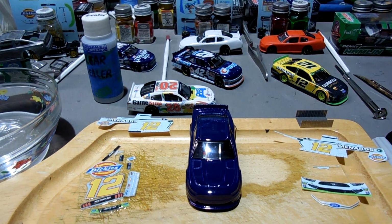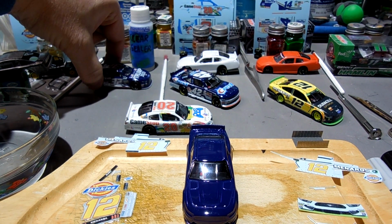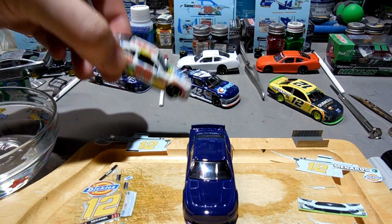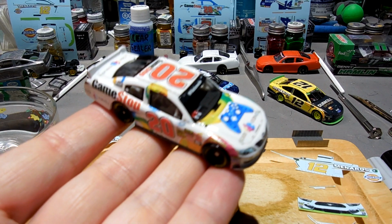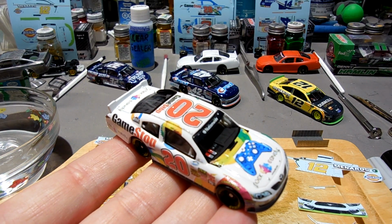Let me move up a little bit here, show you where I'm at. I got my dad's car done over here. Here's this rock candy, and this car came out really well. I'm real happy with it. It's a little bit difficult